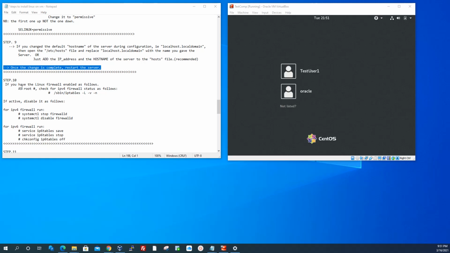Step 10. If you have the Linux firewall enabled, then disable it as follows. Disable it as follows, as root user. We're going to come back to that. So let's launch